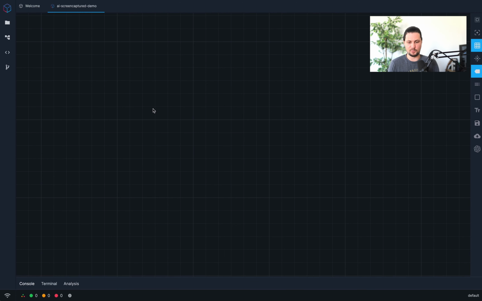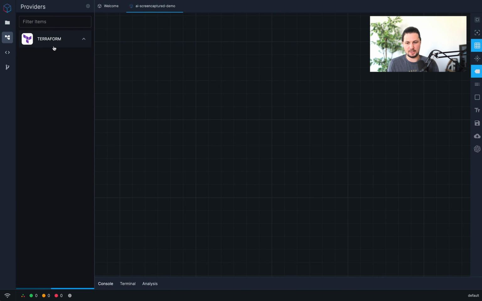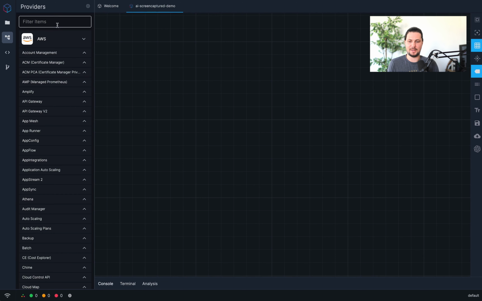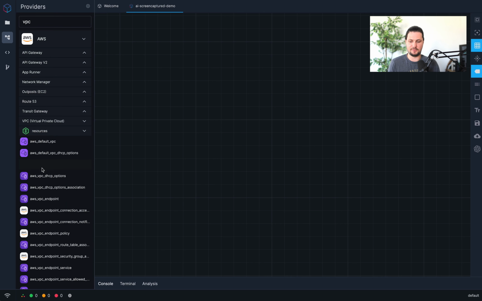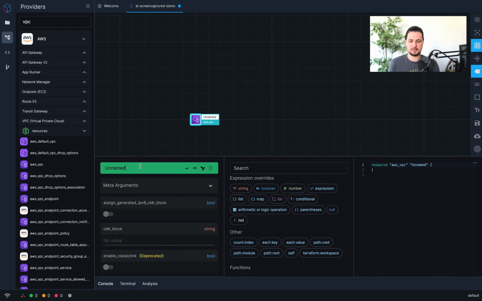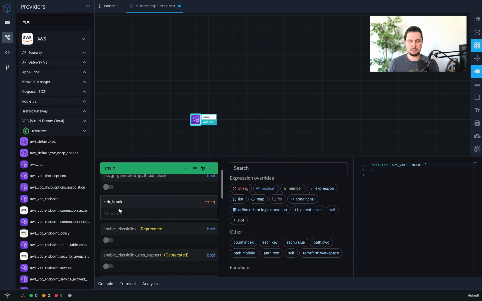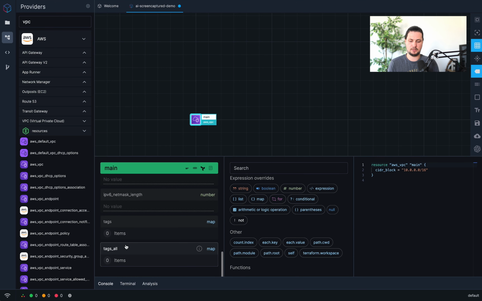With the new project opened and the AWS provider installed, we will open the provider panel, expand AWS, and we'll search for VPC. This will filter out the list and we can find the VPC resource, which we will click and drag and drop into our workspace. We will assign the VPC a name of main, a CIDR block of 10/16,